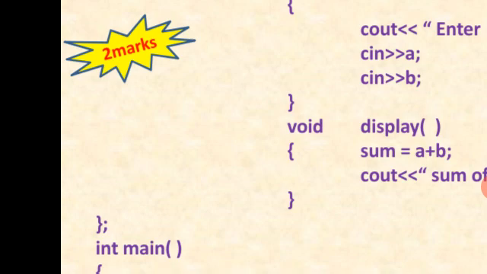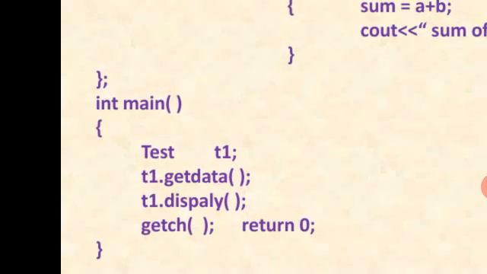First step is completed. Now come to the second step and third step. Second step is creating the object. Third step is accessing the members. So go inside the main function. We know every C++ program cannot run without a main function, so we have to write the main function, int main. In the main function, open the brace, we have to create the object. It is the second step. So test, I have taken here the object name as T1. T1 is the name of the object of the class test.